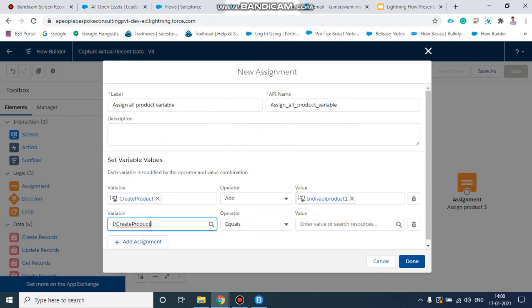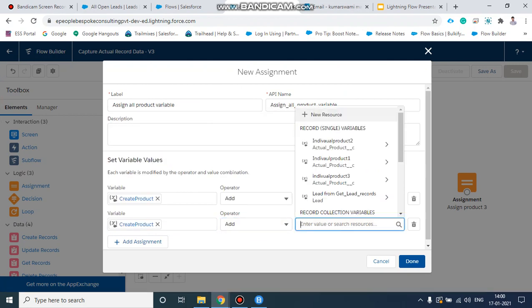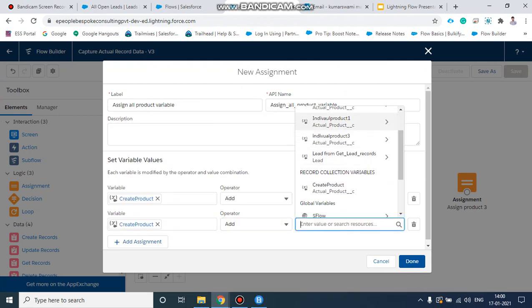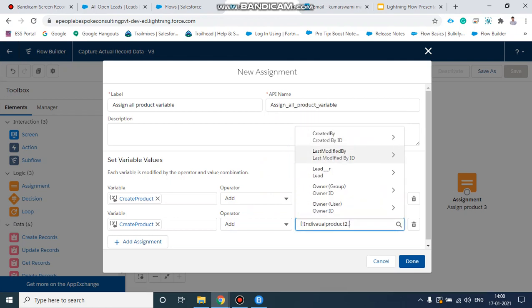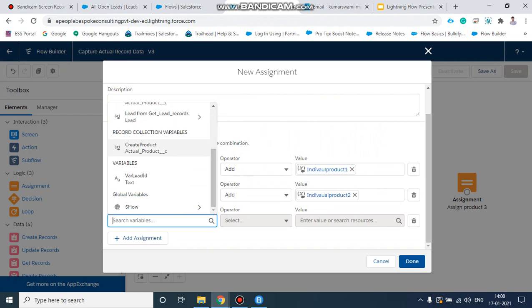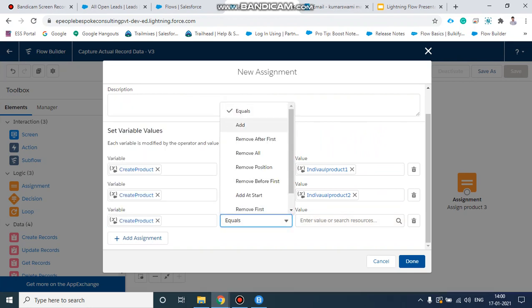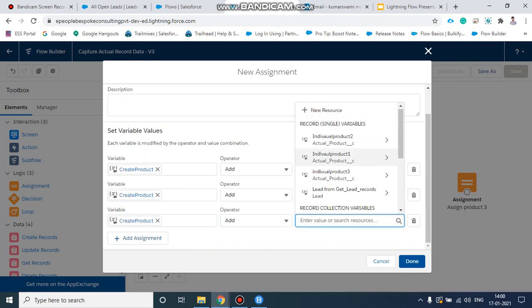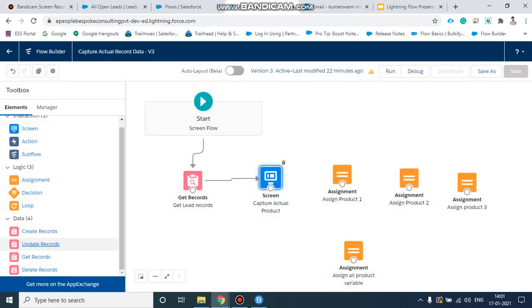Next we need to add another record variable, two for product 2, and then three. We need to take the add operator in this. Okay, done.